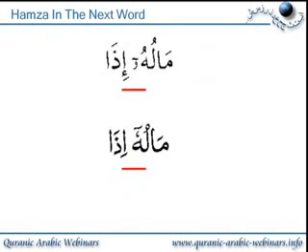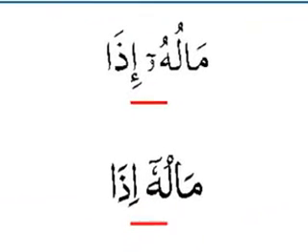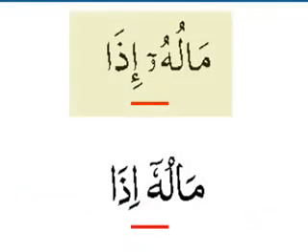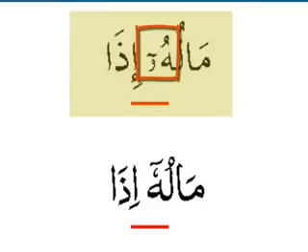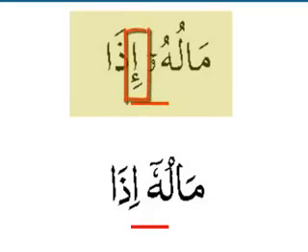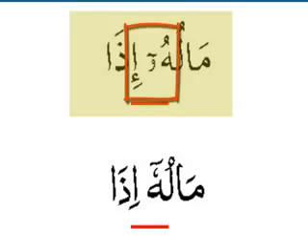Again, another example of hamza in the next word. So here we have maluhu. Normally this is another way of writing the long vowel combination of dhamma wow, so the little wow is written there instead. So that hu is normally two long. However, the next word, idha, begins with hamza sitting under an alif. So again, it will force the long vowel to go from two long to four long. Okay, so this would be ma